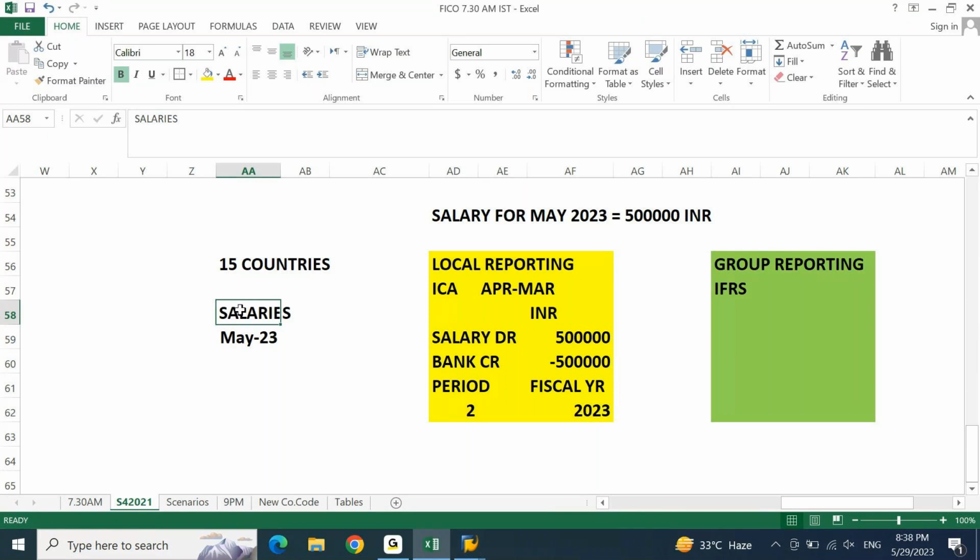You are the owner of this Samsung, you are operating in 15 countries. Do you want to know what is your overall salary paid for this month across all the companies or not? Is this a valid requirement or not? Yes, sir, it's a valid requirement. Valid. Or every time you are going to take a calculator in your hand